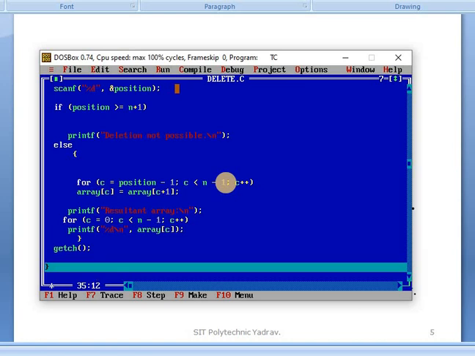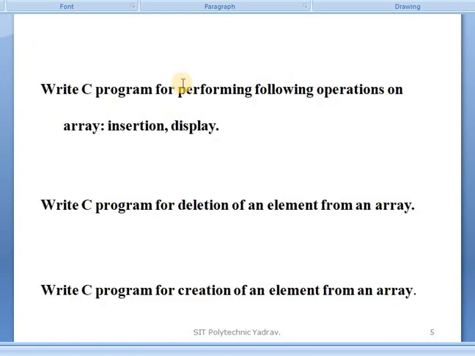Okay, now we see if any other questions arise, then we ask them. Okay, in Turbo C, we see the three programs. Which are the three programs? Write a C program for performing the following operations: creation and display, after that deletion, after that creation.